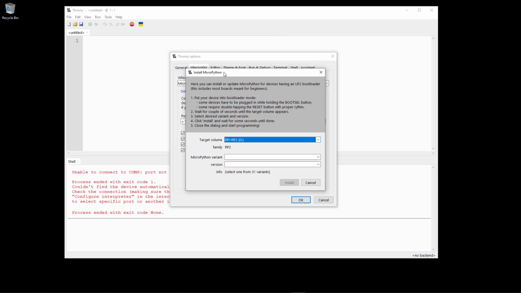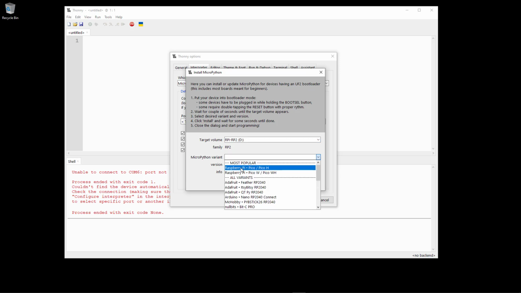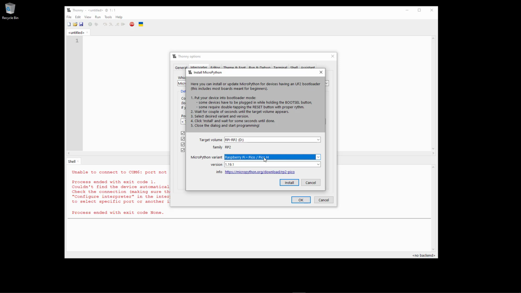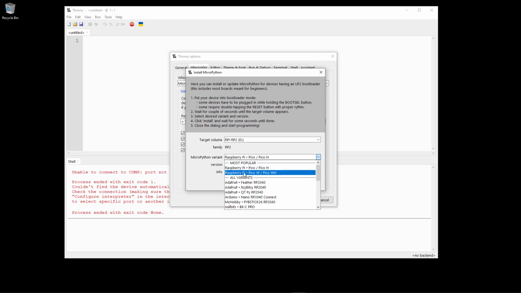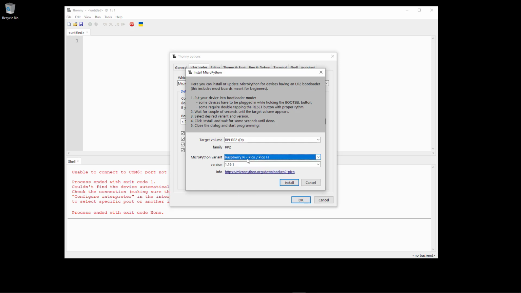So then this pops up, then you select target volume, Raspberry Pi RP2, which is our Raspberry Pi Pico hardware MicroPython variant, then Raspberry Pi Pico if you use the original one, or this one if you use the edition with Wi-Fi included. I have this one, so then I just select the latest version, click install, and then